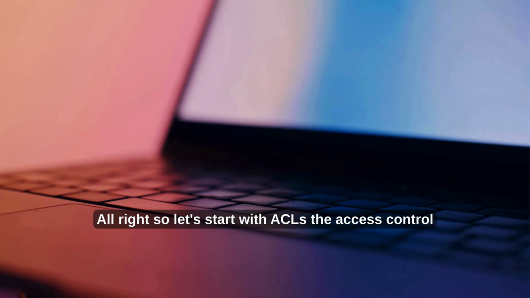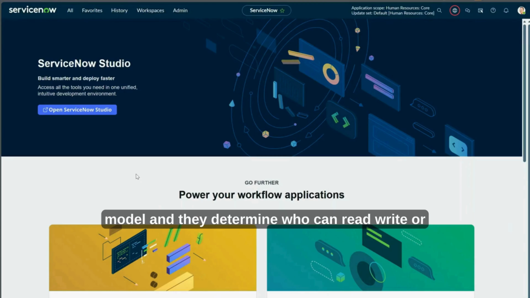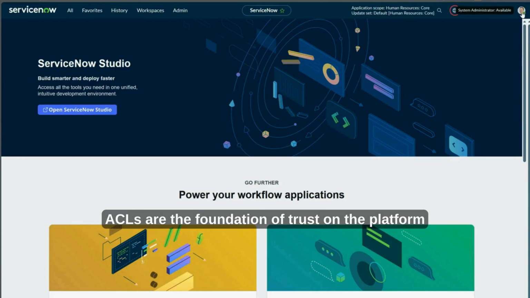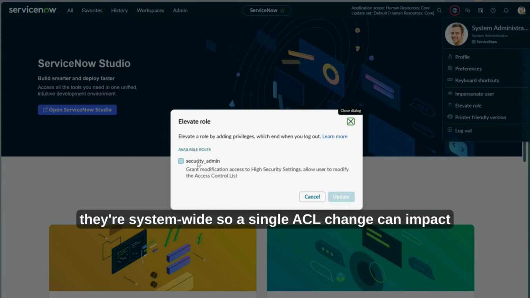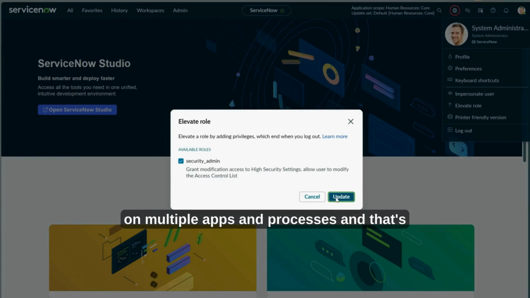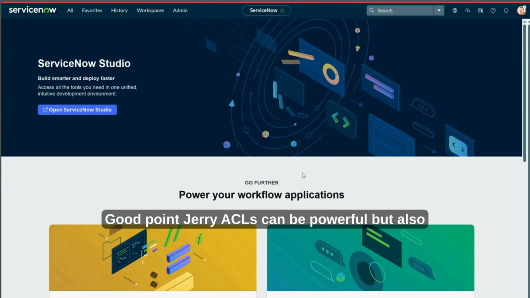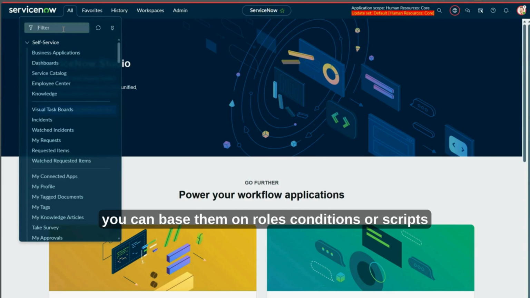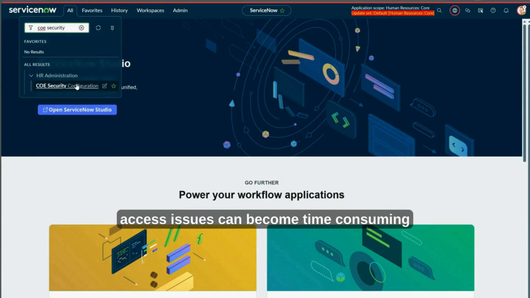Alright, so let's start with ACLs, the access control rules. They're part of the core platform security model and they determine who can read, write, or execute on a given table, record, or field. From a product owner view, ACLs are the foundation of trust on the platform. They're system-wide, so a single ACL change can impact multiple apps and processes. That's why governance and documentation around ACLs are key. Good point, Jerry. ACLs can be powerful but also risky if not managed properly. You can base them on roles, conditions, or scripts, but if you script too much, debugging access issues can become